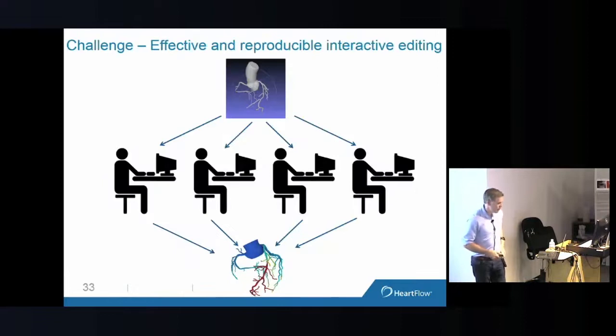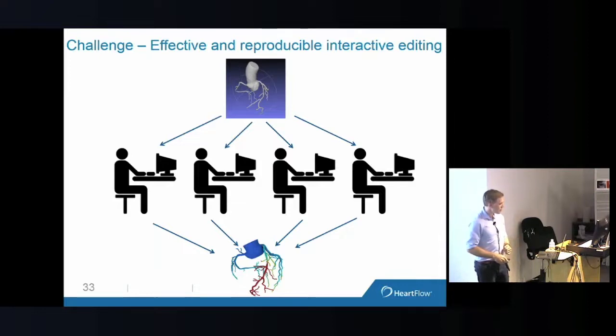Second challenge that we face, I'm only going to talk about this really quick, is that once we do the automation as well as we can, we want to give our technicians the ability to see errors easily, make corrections easily, but we want them to do it the same way every time. We want this to be really, really standardized. You know, if you get a blood test and then you get a cholesterol result, you don't want it to matter which technician receives your blood sample. And we're trying to achieve the same thing with the image. So when it comes in, we want to get the same results out no matter which technician picks it up